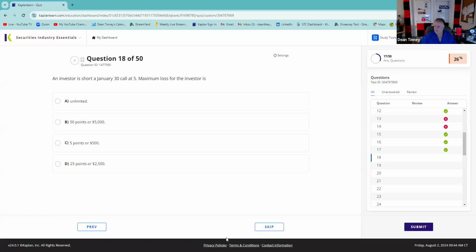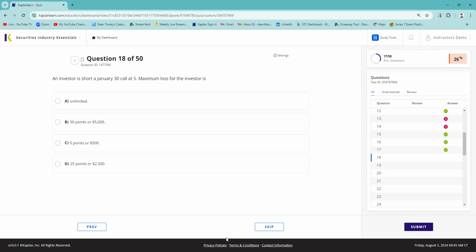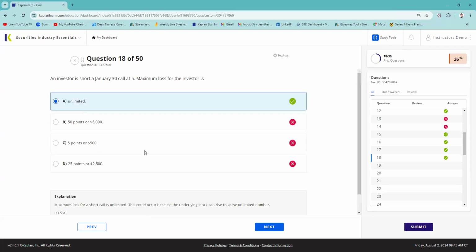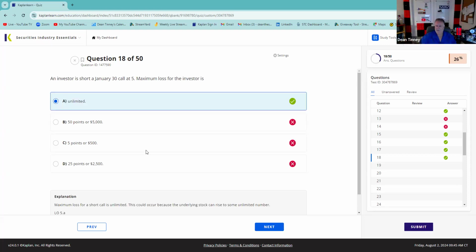If it was less than 30, you wouldn't be being called away right now. The stock is somewhere north of 30. You say, well, how far north of 30 could it be? I go, well, there's a finite supply, potential infinite demand. So when you agree to sell stock you don't own, you have unlimited loss potential. That's very much a test question, right?